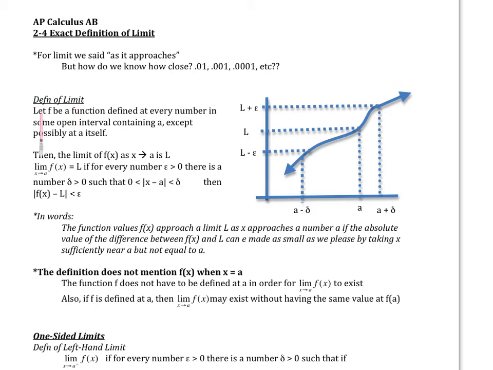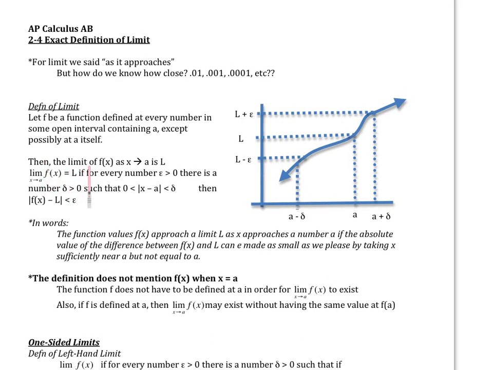of a limit. So let f be some function defined at every number in some open interval containing a, except possibly at a itself. So we've got this function on this open interval, and now we can say then the limit of f of x as x approaches a is L if for every number epsilon greater than 0 there is a number delta greater than 0 such that if the absolute value of x minus a is between 0 and delta, then the absolute value of f of x minus L will